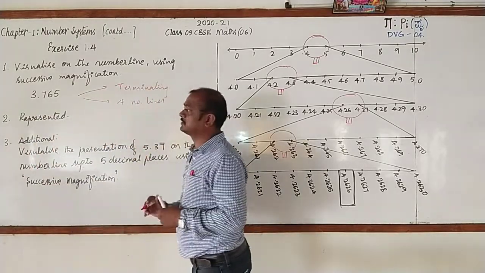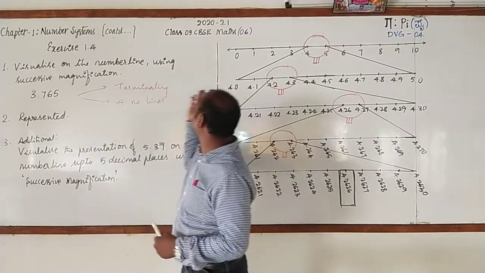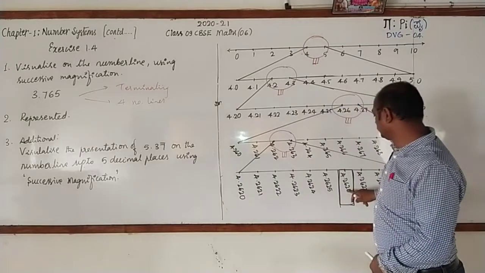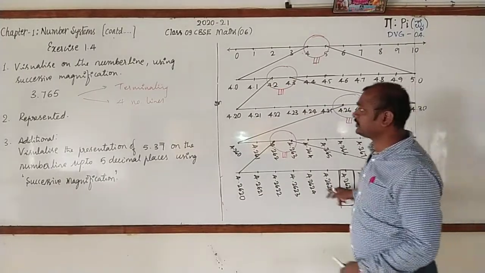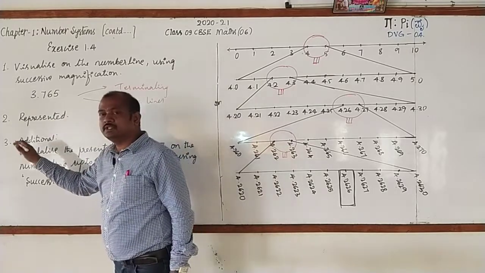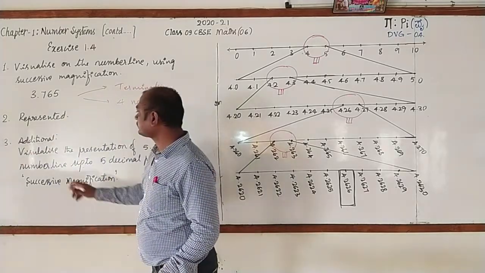So, 4 number lines. And the second one, we came to know, is 4.2626. It has already been represented on the number line. Now the third one, just as an addition. The question is,